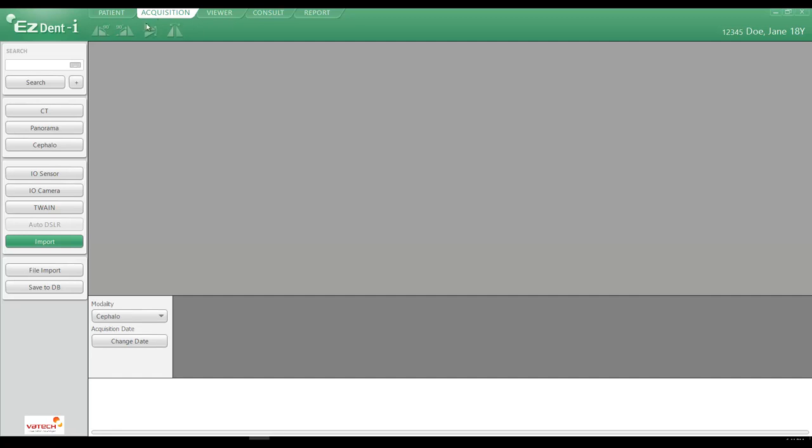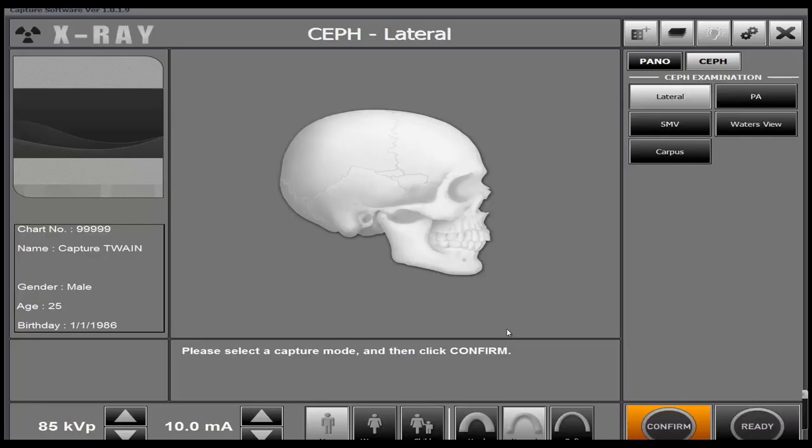The second example will do the same thing, capturing a ceph image. Click on the ceph tab icon along the left-hand side, and then from here we can navigate within the ceph capture software to capture either a lateral ceph, a PA ceph, SMV, Waters view, or Carpus. Verify that you are in the correct patient chart along the left-hand side, choose the appropriate gender and body type between normal, hard, and soft,